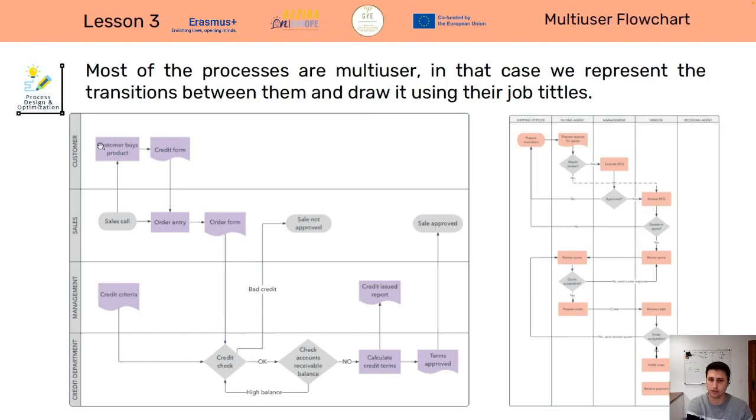Okay, here we can see some order validation to see if that customer has credit or if he has to do a bank transfer. Or here we are seeing another quotation process, and on the top we are seeing the different people who are involved in the process. Okay,